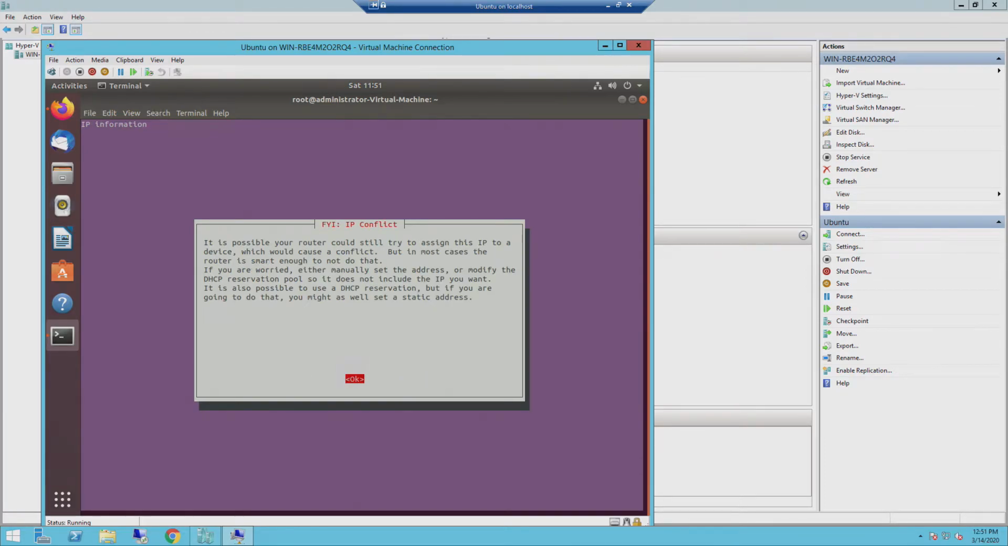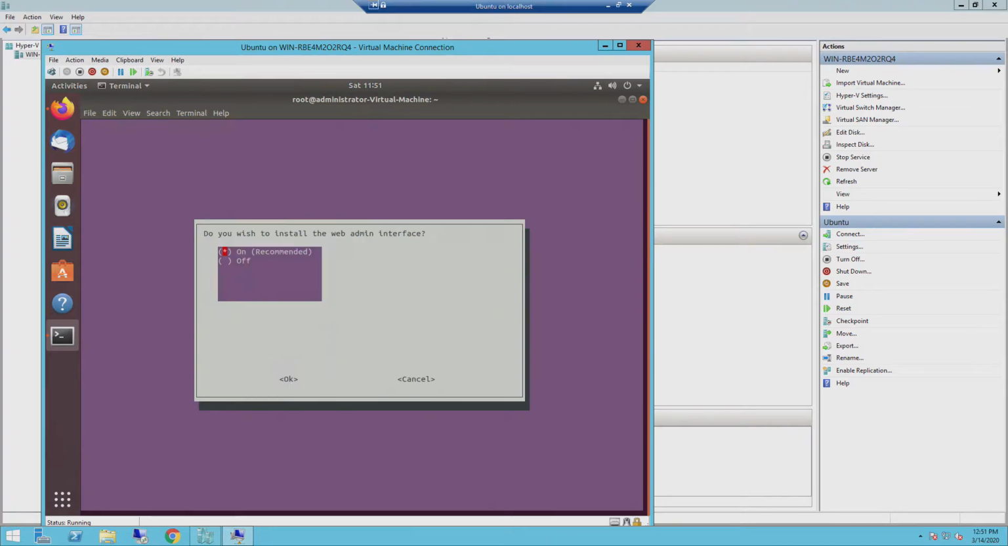Let's see now. Okay, that's good. What this thing is basically doing is that if you do have your router set up for what we call a DHCP, and for whatever reason you turn off the machine and you turn it back on, and I mean the Ubuntu machine, it might pick up a different address, and so that's all it's telling you about. We're going to go ahead and install the web administrator,